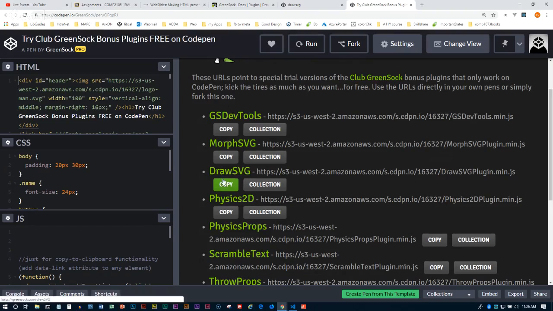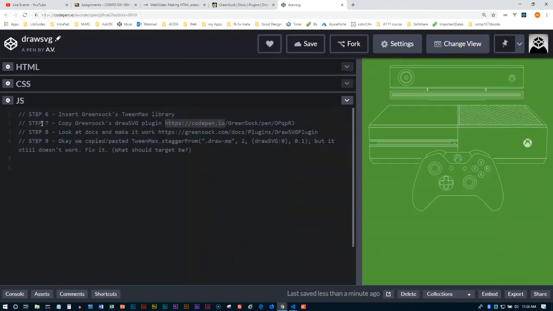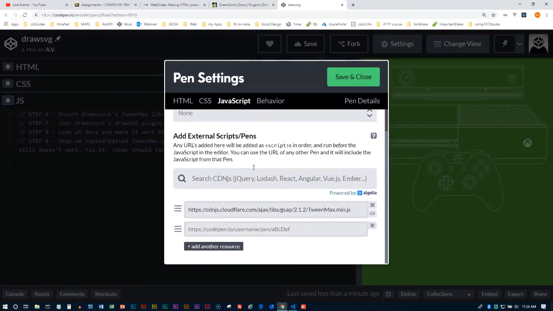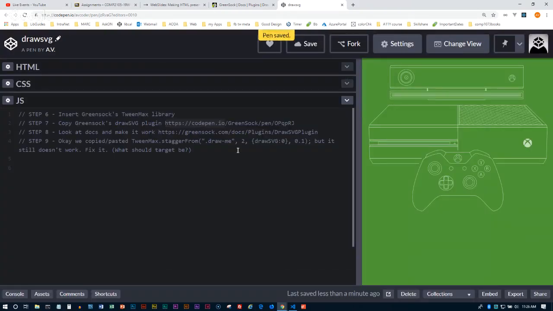So copy that link. You can just click on copy so that you've copied the whole line, and include that in your JS. So in your JS section of CodePen, click the gear icon. Underneath the TweenMax library, you can paste in the drawSVG library and save and close. So now that we've done step 6 and 7,